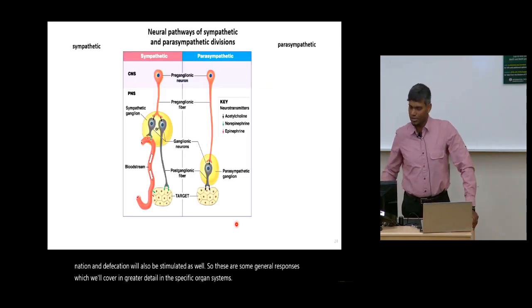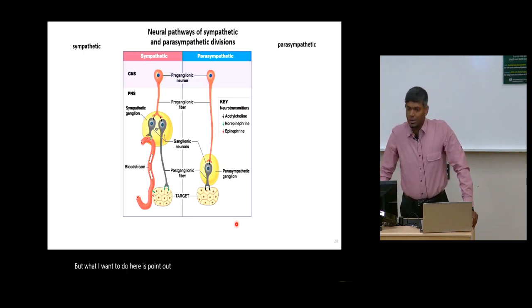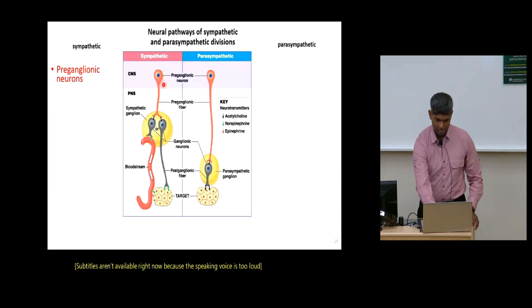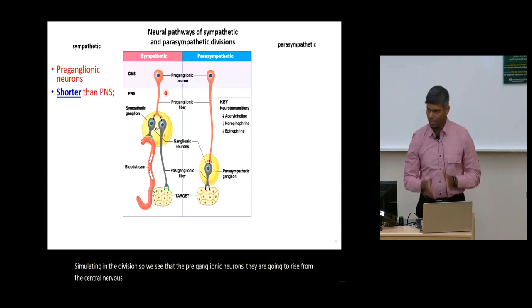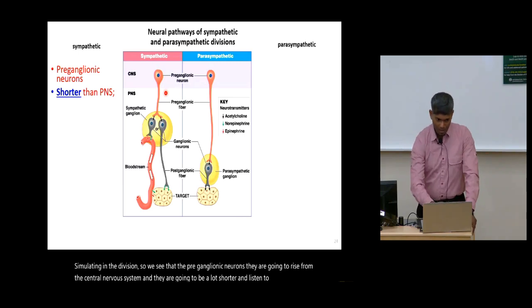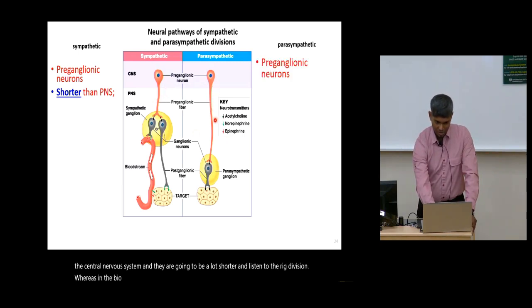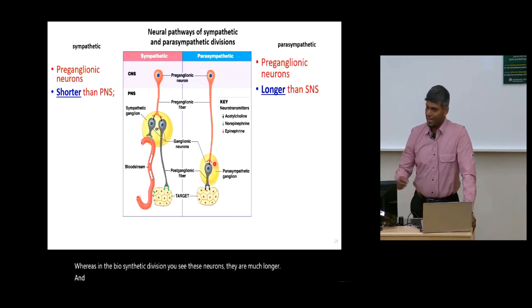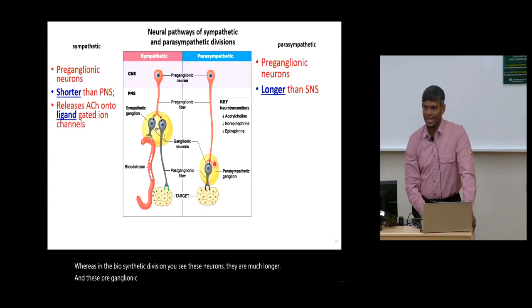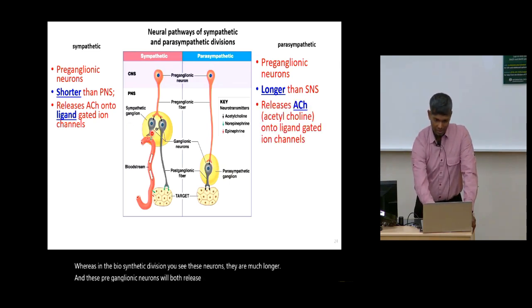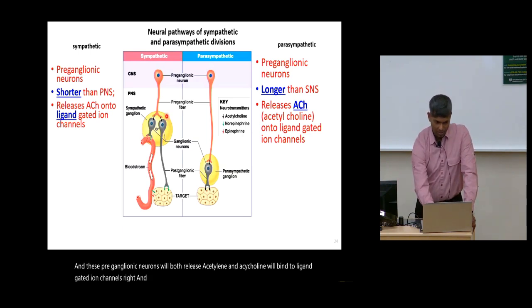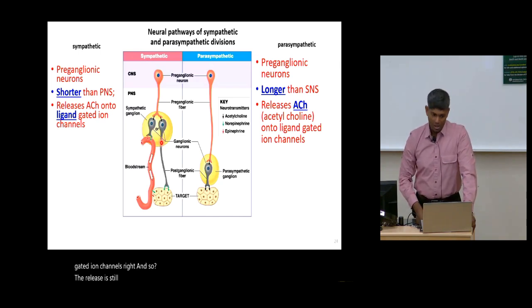But what I want to do here is point out the neural pathways and how they differ between the sympathetic and the parasympathetic division. So we see that the preganglionic neurons arise from the central nervous system, and they're going to be a lot shorter in the sympathetic division. Whereas in the parasympathetic division, you see these neurons are much longer. And these preganglionic neurons will both release acetylcholine, and acetylcholine will bind to ligand-gated ion channels, right? And so they release this acetylcholine onto the